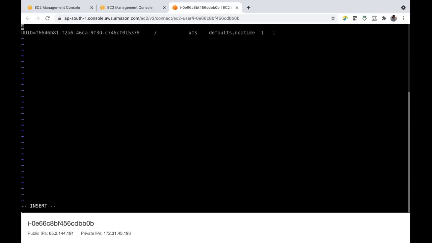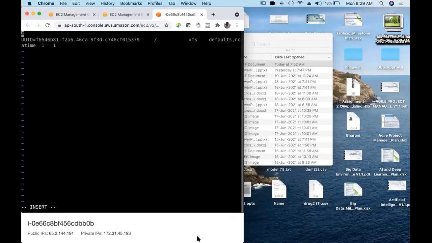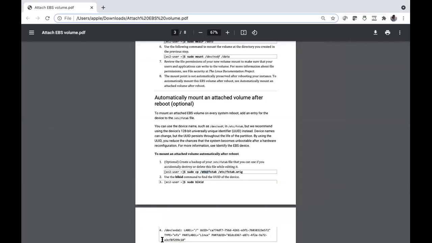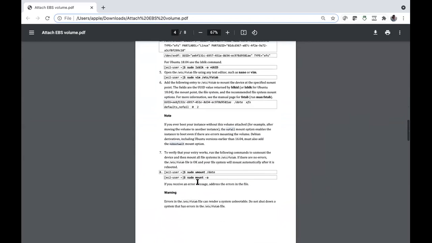It is showing permission denied. That means you are not root user. You have to log in as root user. Log in as root user and try. And also make sure that you have to be in etc folder. You have to be root user, first thing. Second thing, you have to be in your etc path. So you can go through this.